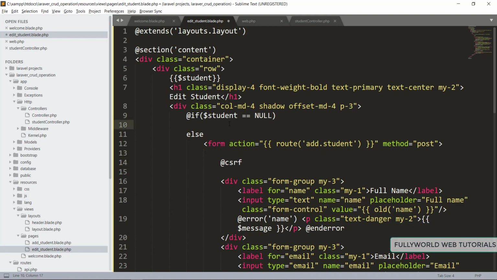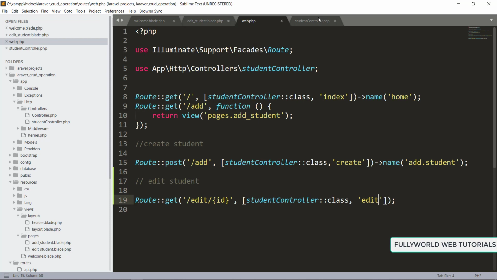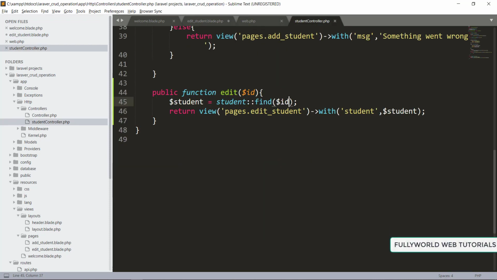Here there will simply be an h1, that will be no student found with id, and here we will interpolate this $id, and we will pass this $id also.